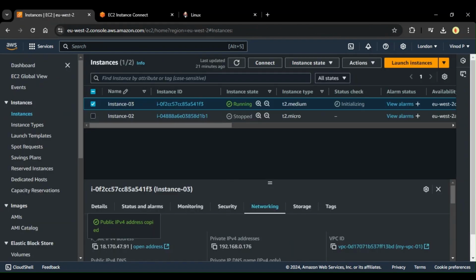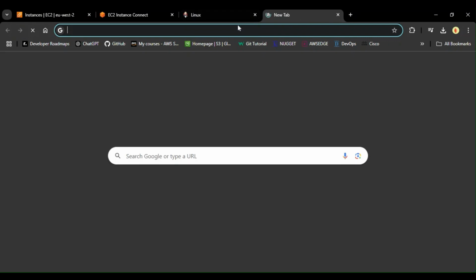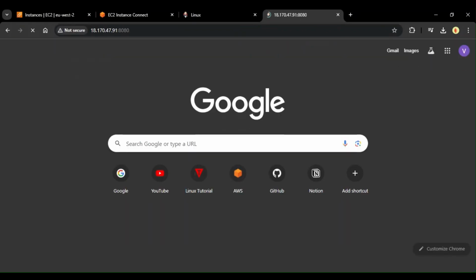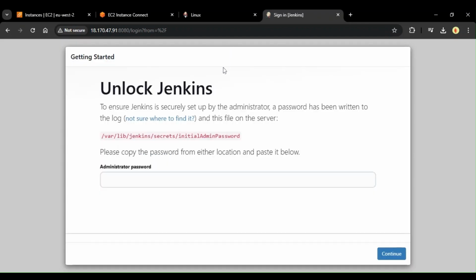After installation, you can access Jenkins by using the IP address of your instance and with the port number of 8080. Now copy this,